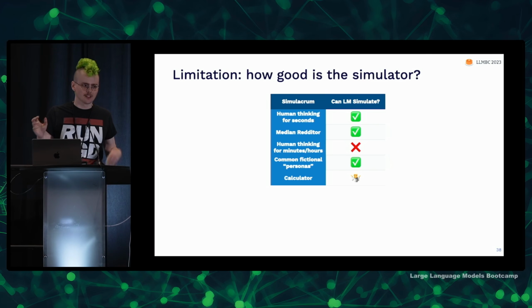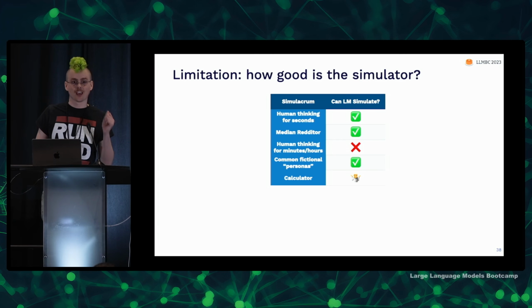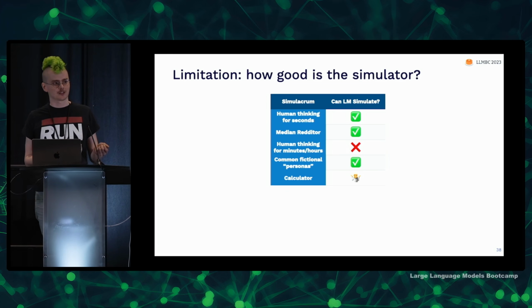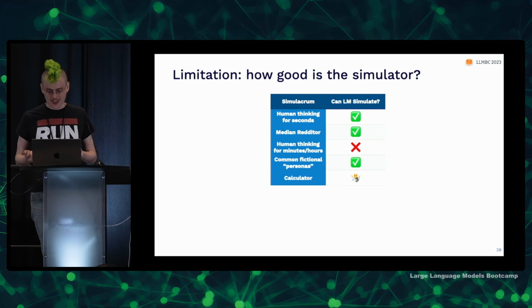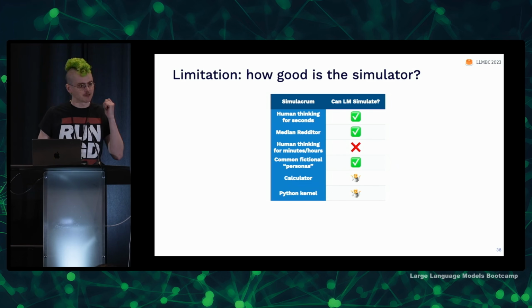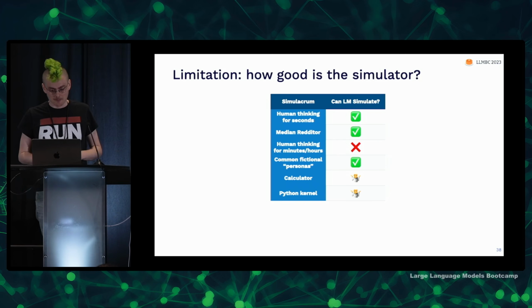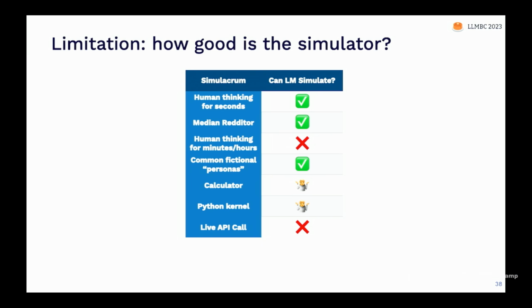For something like a calculator, it's a bit back and forth, right? You can get pretty good at guessing what the output of a calculator is going to be without having to actually learn how to add. It's a little bit more like human mental math, so it's not as reliable as an actual calculator. A Python interpreter is also going to be the case. The model can guess the outcomes of simple programs, but it can't perfectly simulate a Python interpreter and turn a Python program into a trace and get the exact same output. I also cannot do that, but I find myself able to write Python, so maybe this isn't so bad.